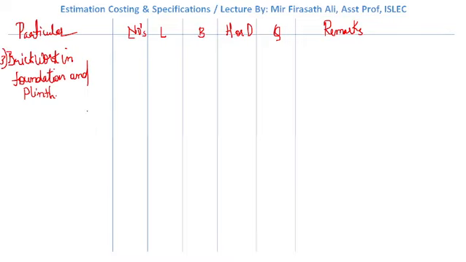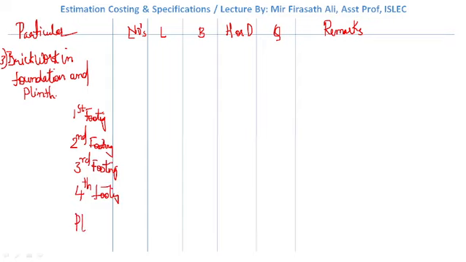First footing, second footing, third footing, fourth footing, and we have the plinth. All quantities are how much? 1, as we have removed the center long wall and short wall, and we have calculated all by the center line method. Okay. Now how to write this length?